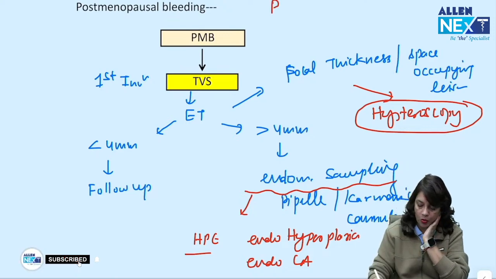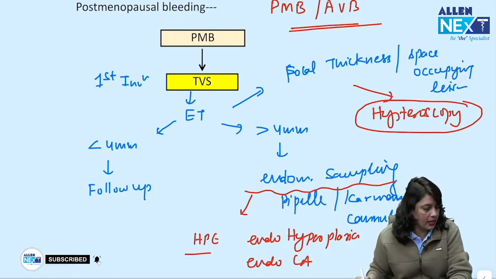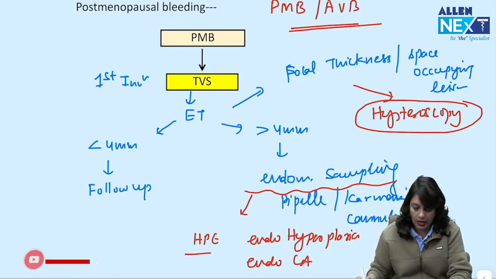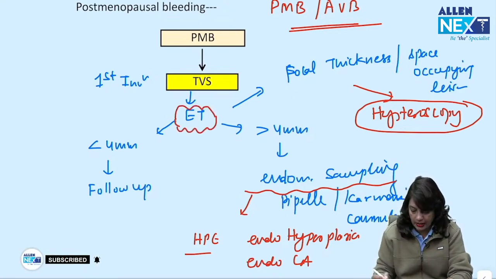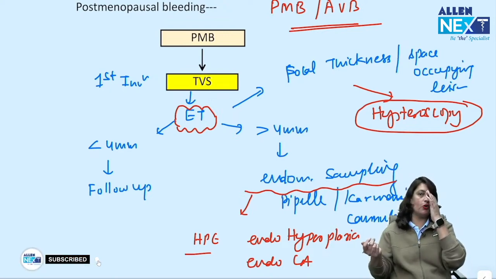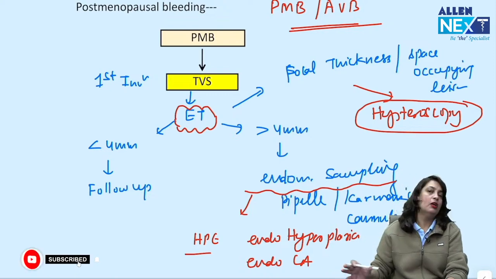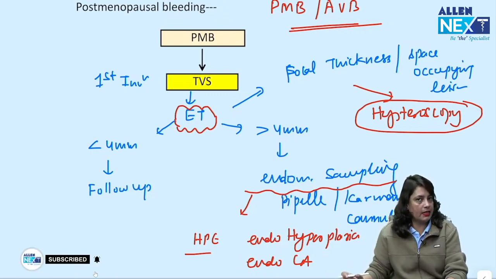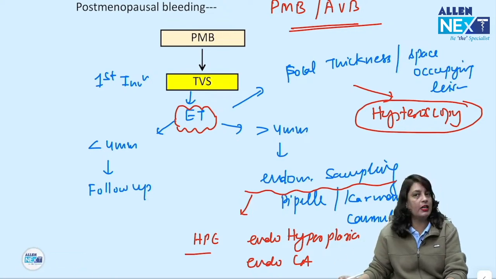Nowadays on postmenopausal bleeding or abnormal uterine bleeding, there are many questions being asked in FMGE exam as well. Okay, so first step is transvaginal scan and you check endometrial thickness. If it is less than 4 mm, just do the follow up. If it is more than 4 mm, do endometrial sampling using pipette or Carman's cannula. For histopathology, you send the sample for endometrial hyperplasia or endometrial cancer. If it is showing focal thickness or space occupying lesion, then you go for